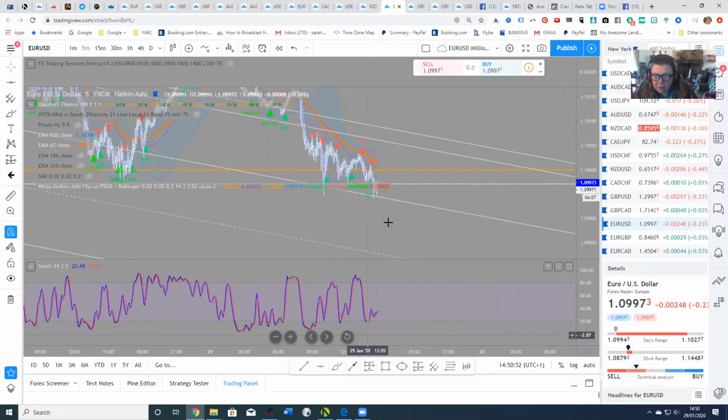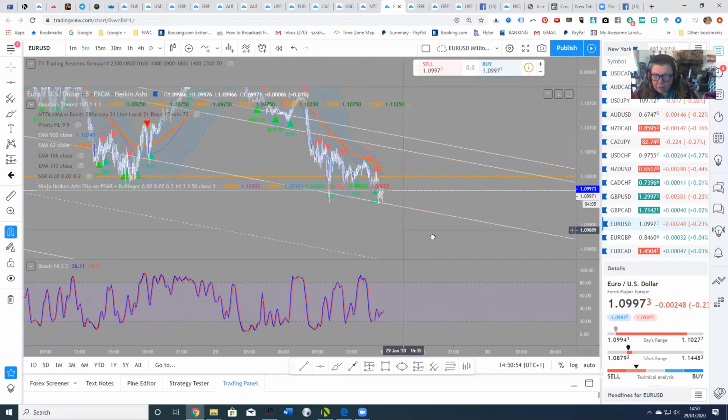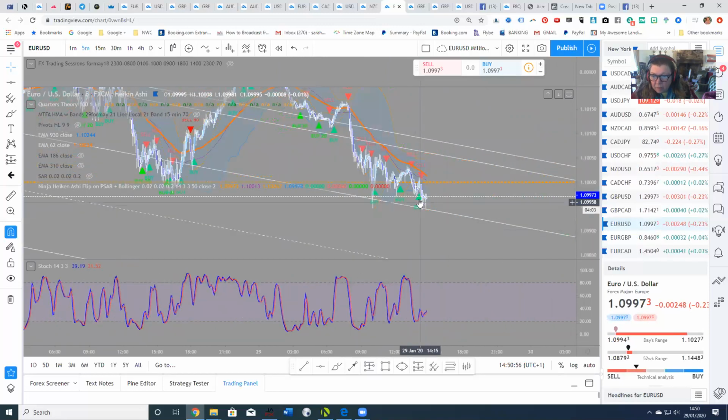So at the moment it's saying it wants to buy, although you've got very wicky candles, very small candles there, not a very good pattern. And it's on the outer edge of the Bollinger Bands. So at the moment it's trying to go back up to retest the 62, there's the 50, and there's the quarter theory all together. So it's retesting that area. So if you want to keep an eye on Euro USD,